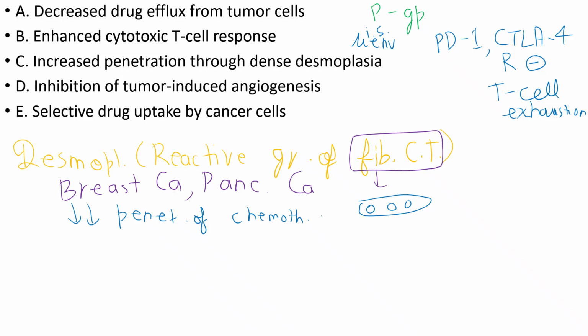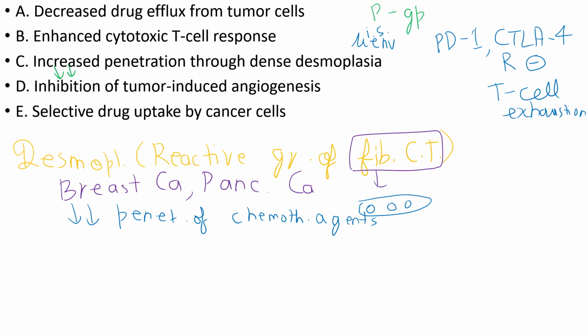Chemoresistance is more likely to occur with larger drug complexes. In this case, जो new liposomal formulation दिया जा रहा है, that will be much larger than the individual cisplatin molecules, resulting in decreased penetration. So in desmoplasia, there is not increased penetration, but there is decreased penetration. So this obviously becomes false. Then